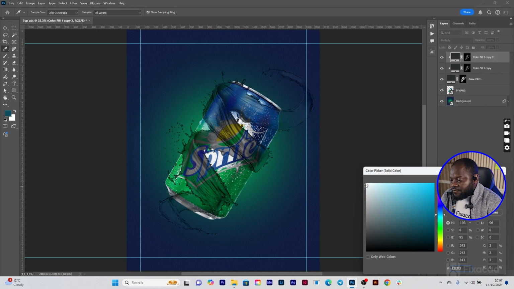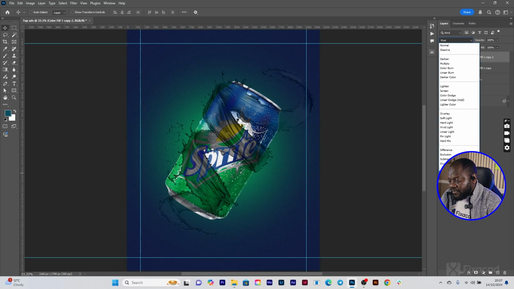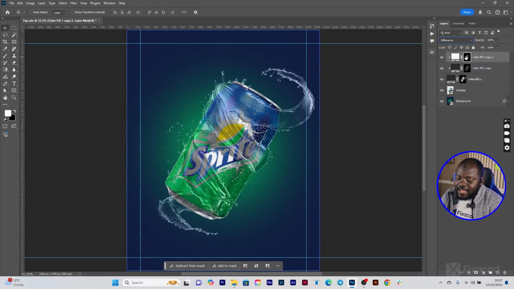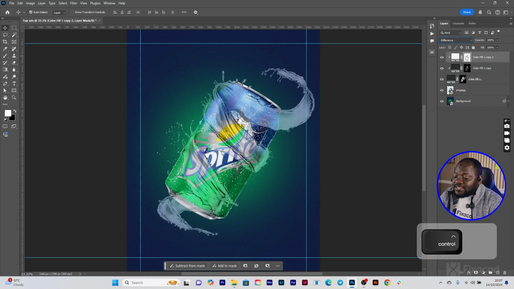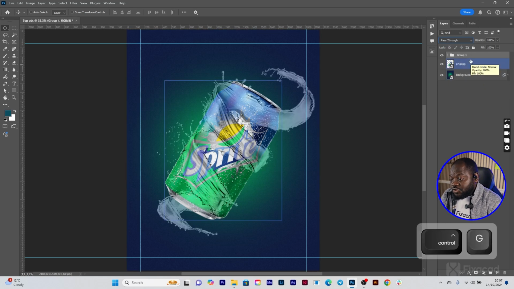Are you getting where I'm coming from now? All right. So if that should be the case, click on OK, then change the blending mode of this one to difference. All right, you can see we have a quite realistic water splash, but that's not all. Click on this mask and click on Ctrl I to invert the mask. Absolutely great. Now select everything together, select the very top one and the last one and click on Ctrl G to group it and label it splash